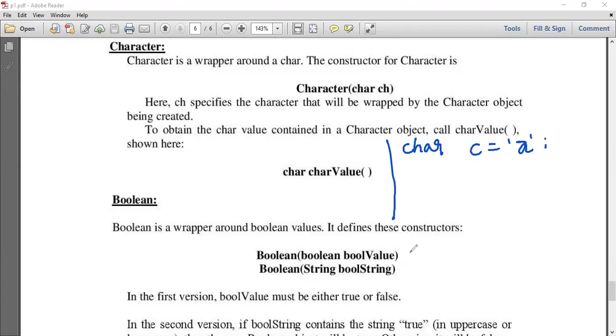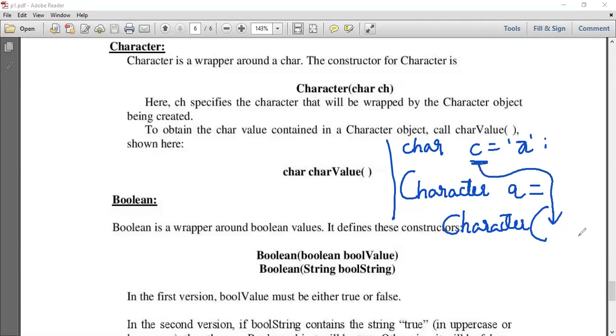Now if we want to wrap this, we need to use the wrapper class, and the wrapper class name to hold the character is Character. So we can declare Character a is equal to, then again we can write the constructor Character, and this c variable we can pass over here.